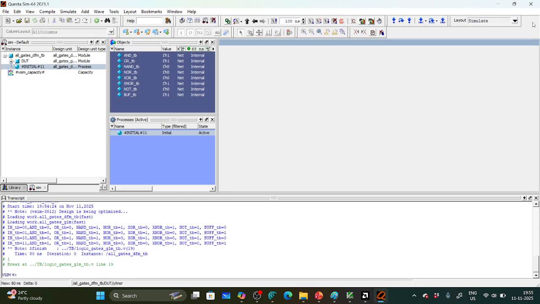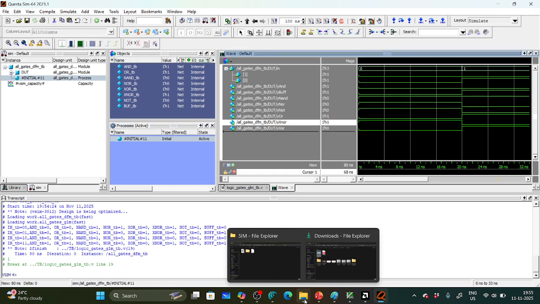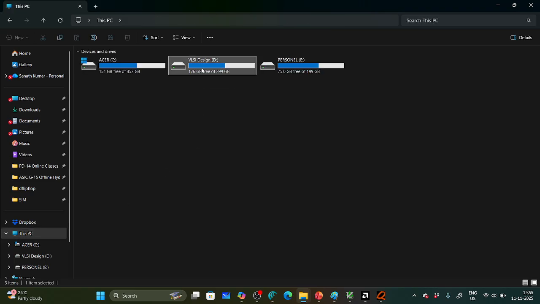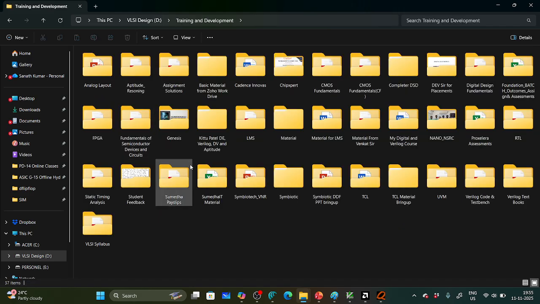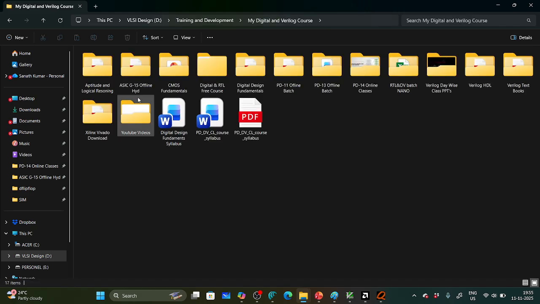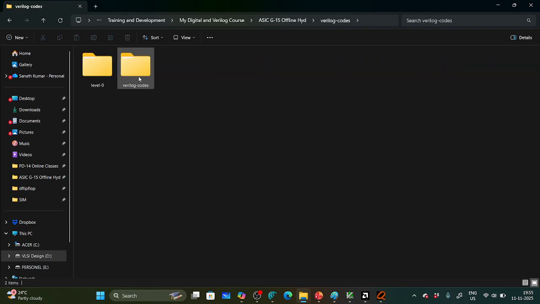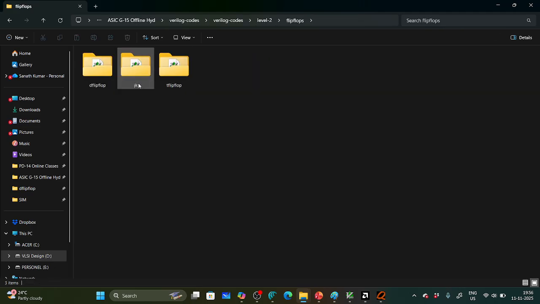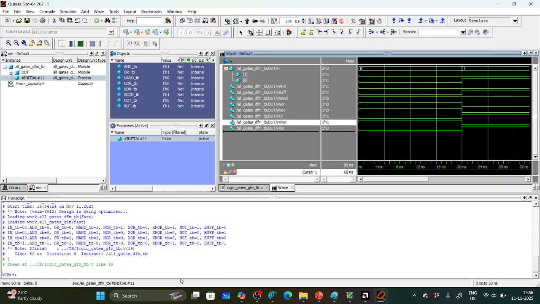So directly with one command you can execute that code. I think here also it will be executed. Suppose I go to this training and development folder, the flip-flop codes. Suppose D flip-flop is there, so I need to copy this path, so just quit